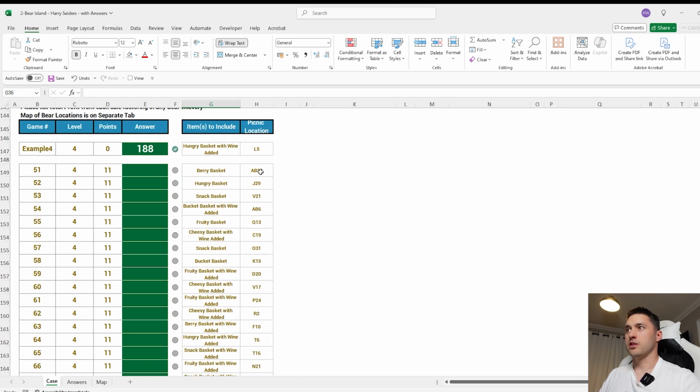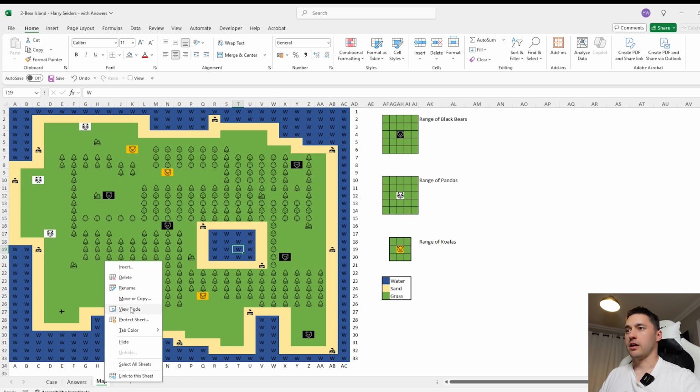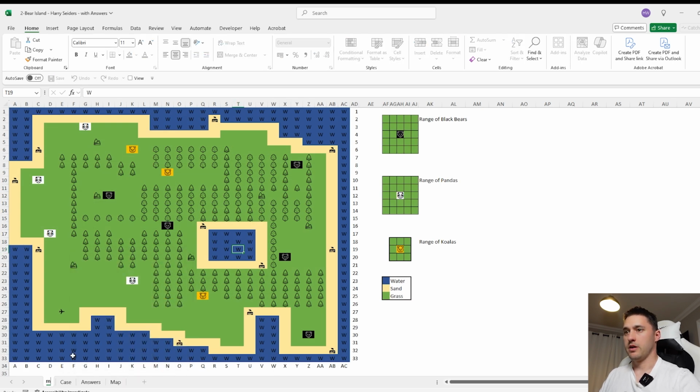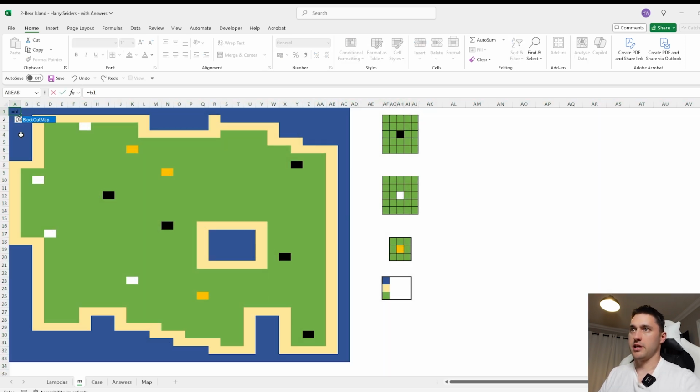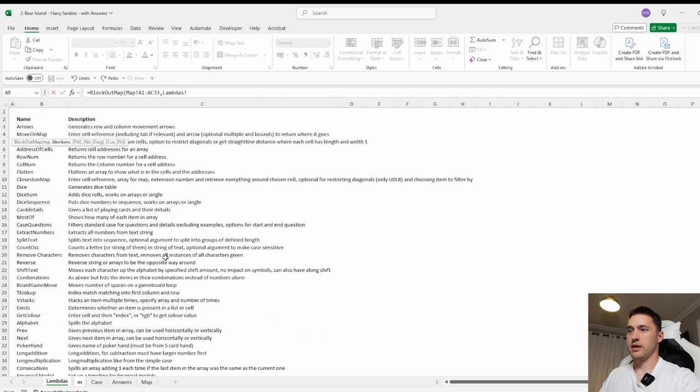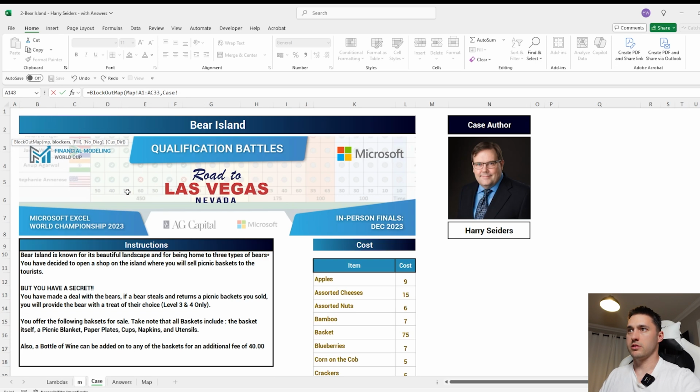On this question you need to know which bear you are in range of. So for that I can just copy the map over, delete everything out, and then let's just say block out the map with our table, which was at the top here,